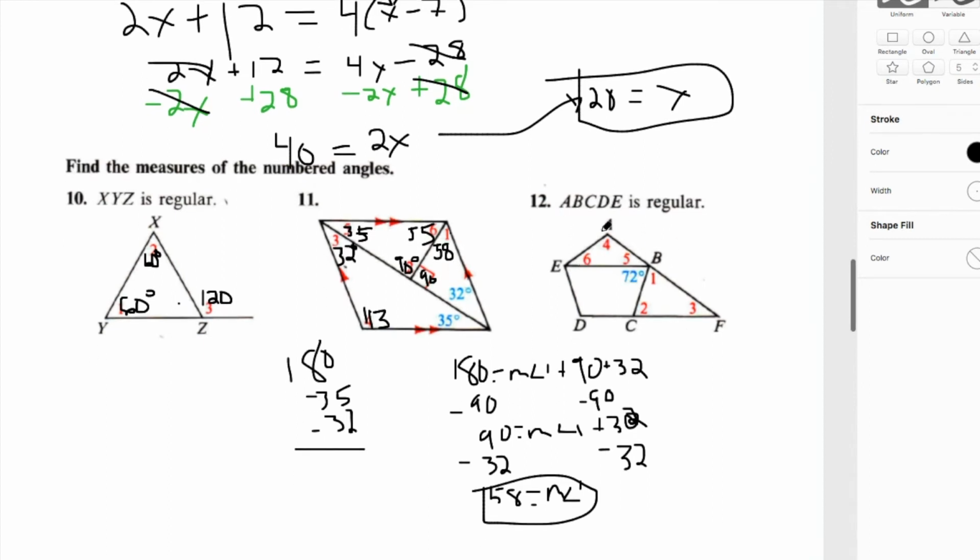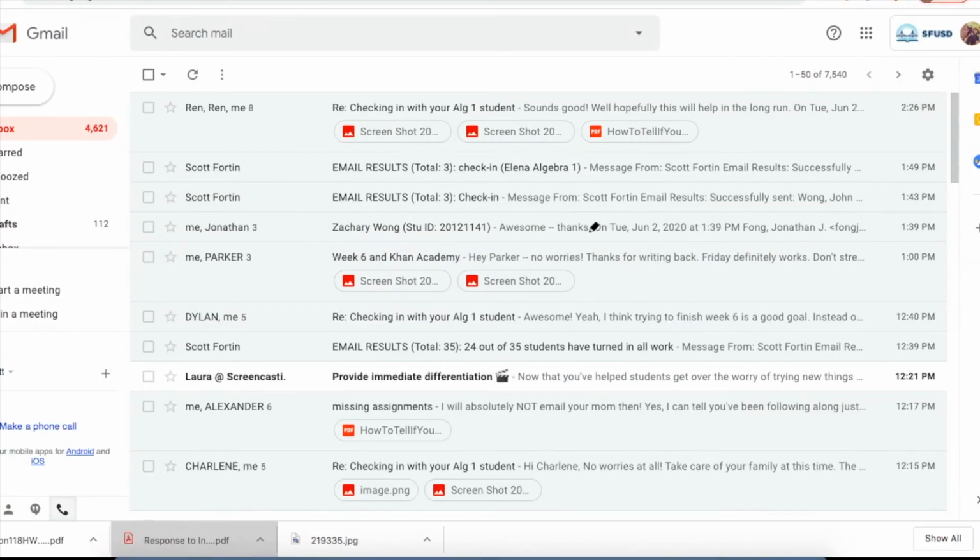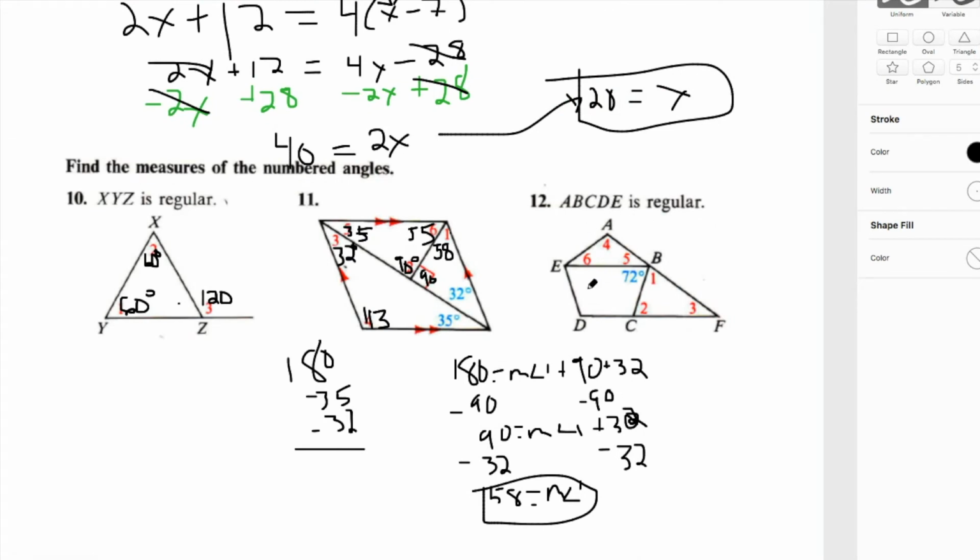Let's see if I have time here to get number 12 done. I think I do. 5% left of battery power. We got A, B, C, D, E is regular. Okay, so we have a regular pentagon. They're telling you this for a reason, because you were practicing interior angles and exterior angles too. Why is it saying regular? Well, what comes to mind for me, because I've done problems like these, is that the interior angles are 108